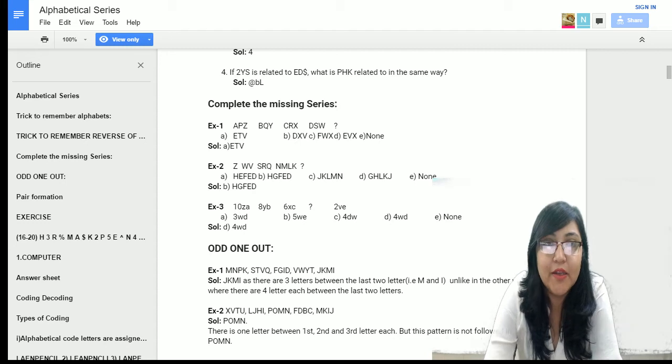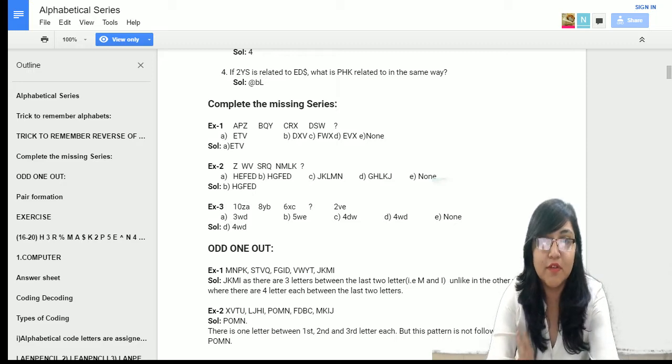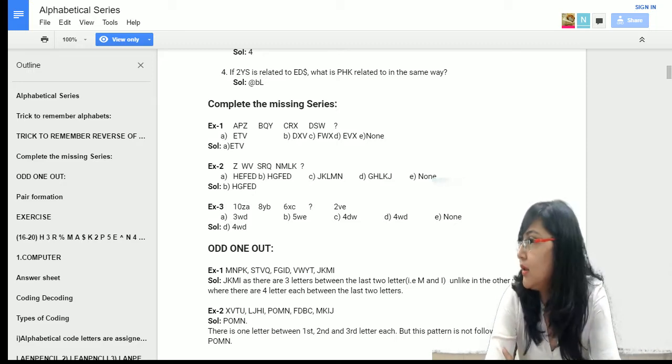So yesterday we went through alphabetical series. In there we learned how to remember the place values and how to remember the reverse of the alphabets. So today